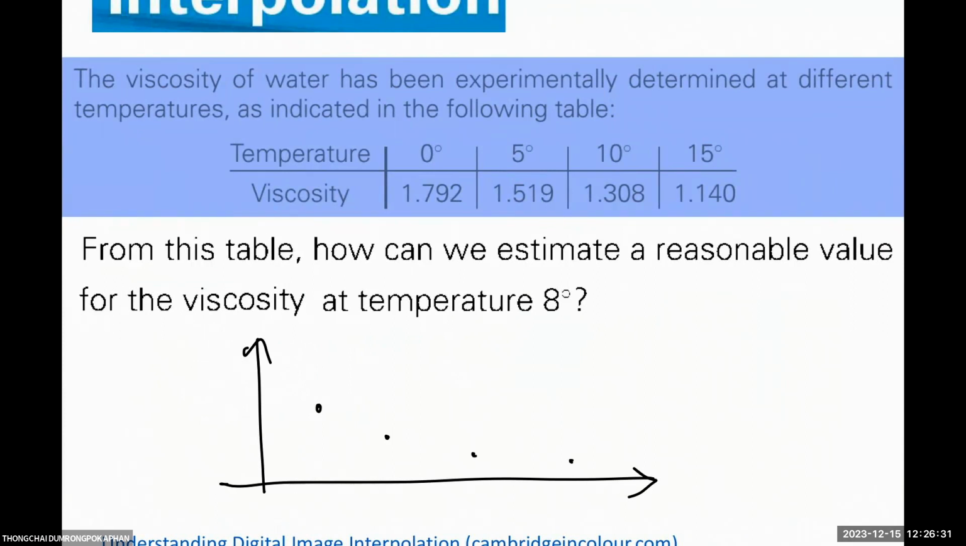Okay. So one way that we do the interpolation, the values between the known values, using the